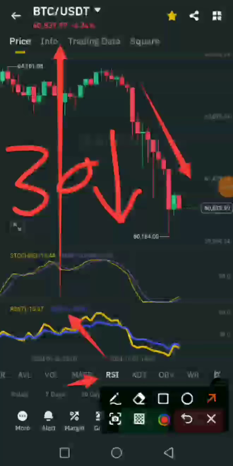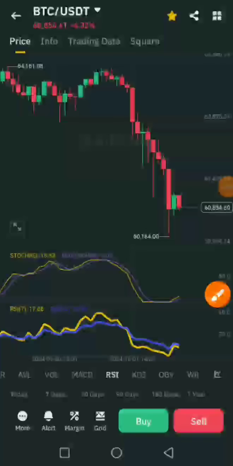And likewise, the overbought condition happens when the RSI shows 70 and above. Let me clear this. Let me tell you how the reversal from oversold happens. When the market is oversold, meaning that it has dropped to 30 and below, meaning that sellers have sold a lot of coins,